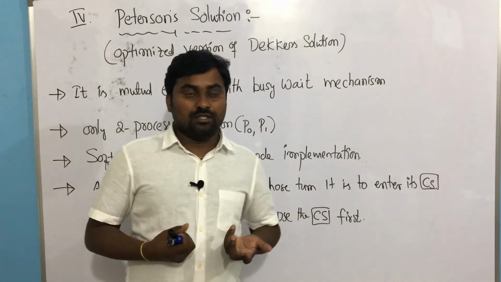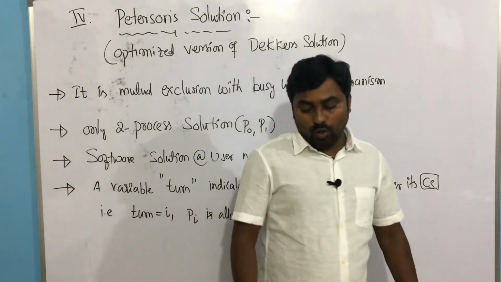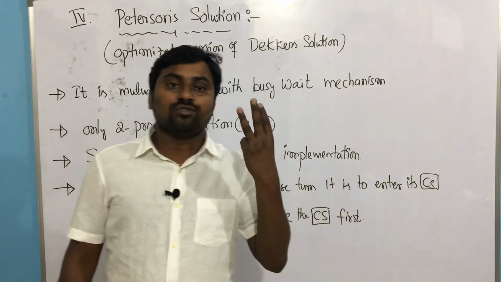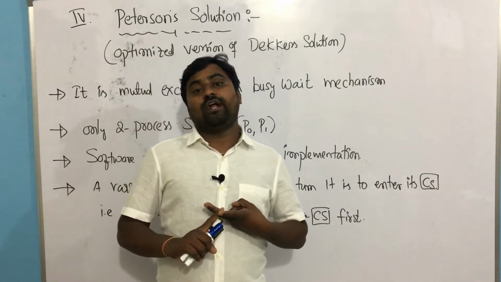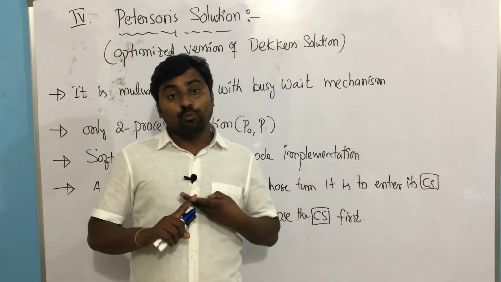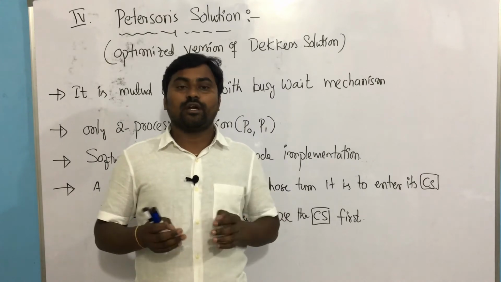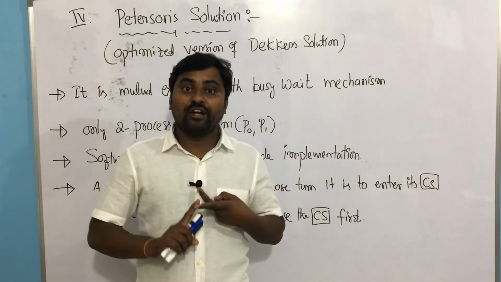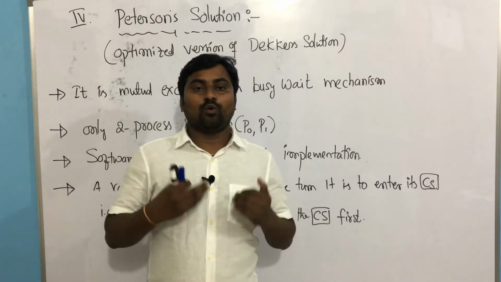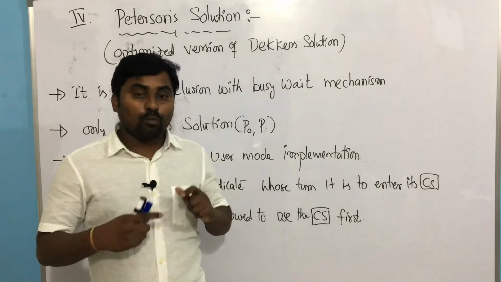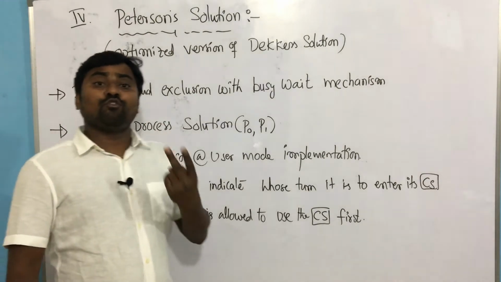Regarding the interest of a process, I can simply conclude that the Peterson solution, or Peterson protocol, is a three-step process. First, any process that wants to enter the critical section must show its interest. If you are interested and the other process is not interested, you can simply go inside the critical section and use it. But the problem comes here: if both processes are interested, because it is a two-process solution, right? If two processes are interested,